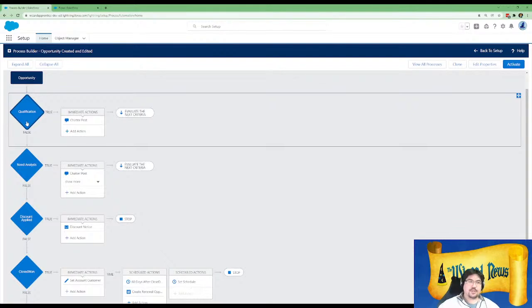That's definitely an option. Another option is we can create a flow for every one of these nodes. So we can have one that says, here are the actions for qualification. Here's the flow for needs analysis. Here's the flow for closed won. That is also a perfectly valid way to architect. However, what the best way is really going to come down to is what you are trying to do and what